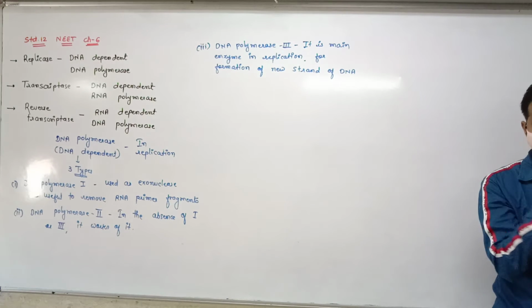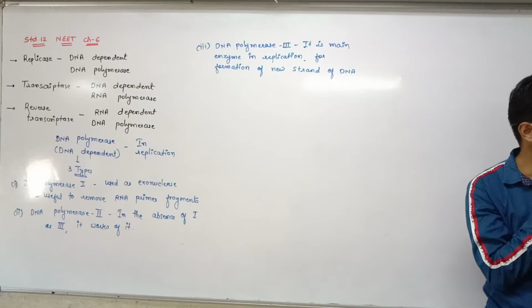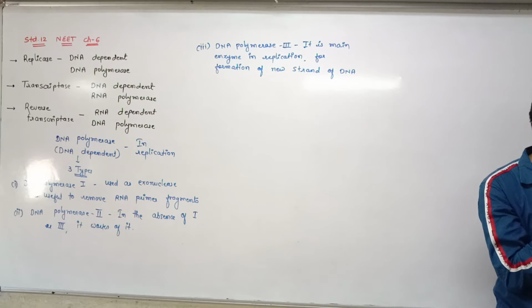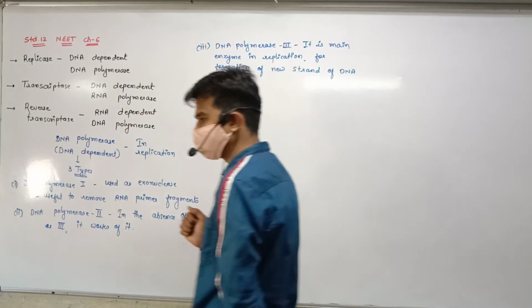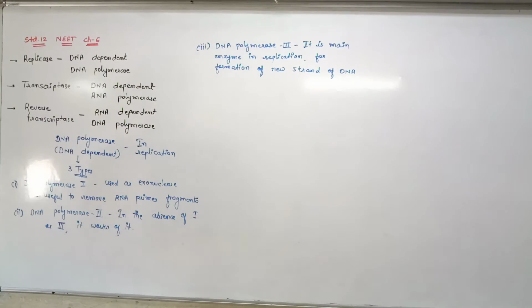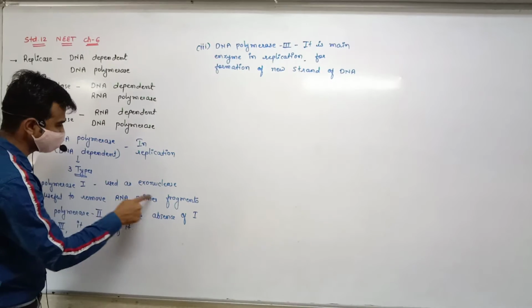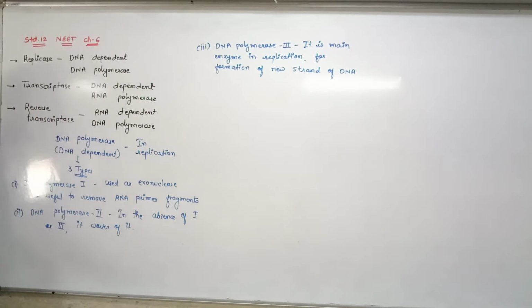After formation of the total DNA, the new strand on the opposite side, after formation of the whole lagging strand as well as leading strand, then this RNA polymerase, also known as exonuclease enzyme, removes the one RNA primer fragment from the leading strand and so many RNA primer fragments from the lagging strand.